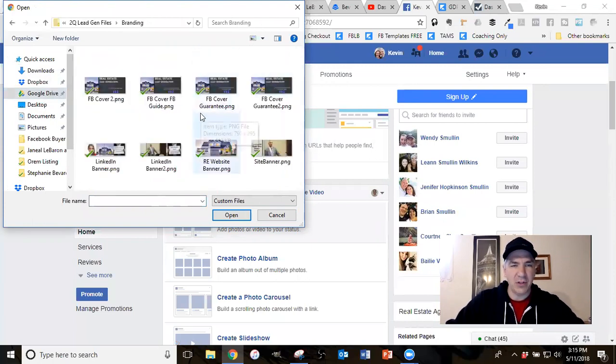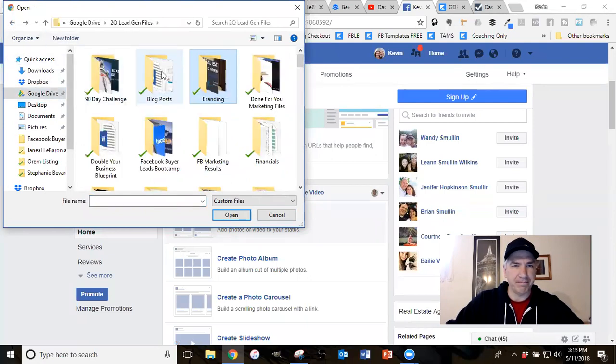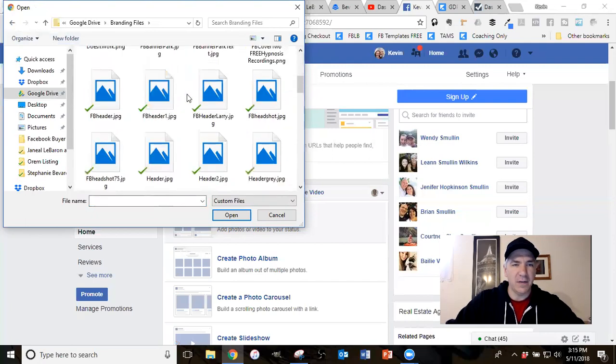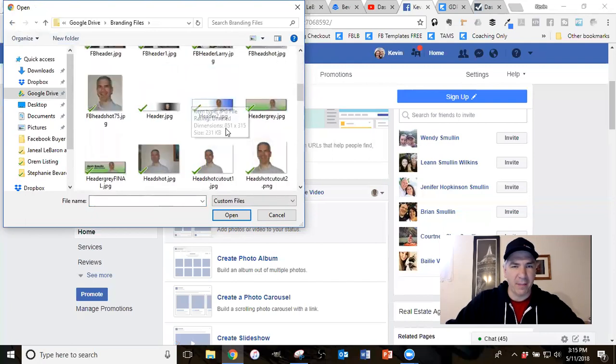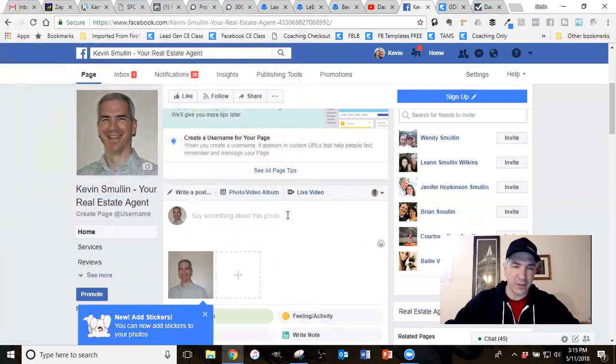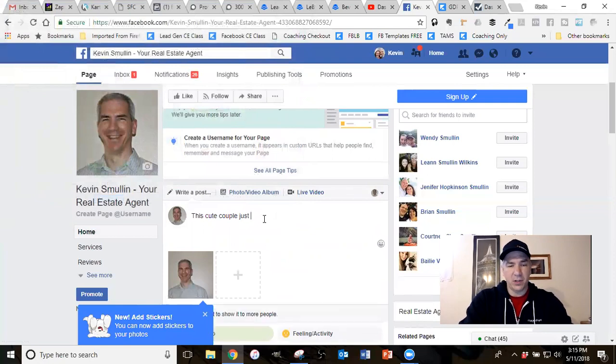So I'm just going to, in fact, let me just find a picture of me, even though it doesn't have other people in it. It's not going to matter. That's great. So I'll just use this one as an example. So again, ideally the picture you would upload would be a picture of you and the people at the closing table. And you could just say something like, you know, this cute couple just bought their first home, and I